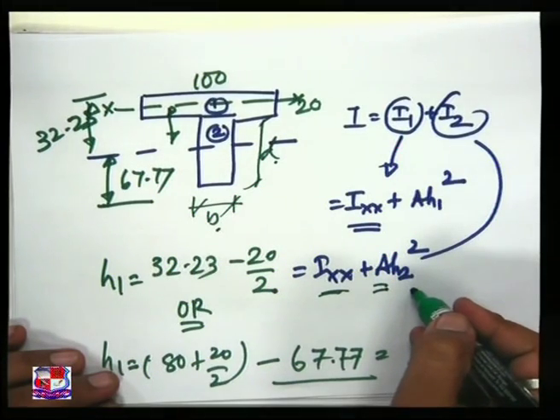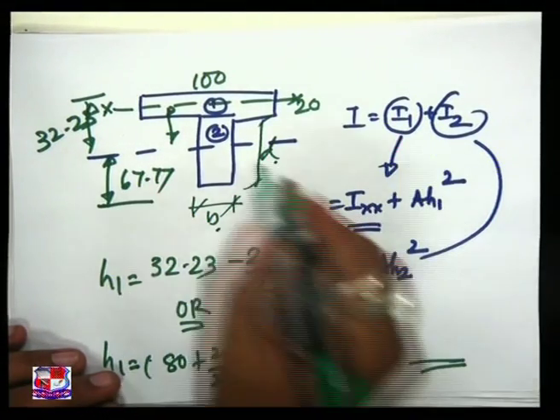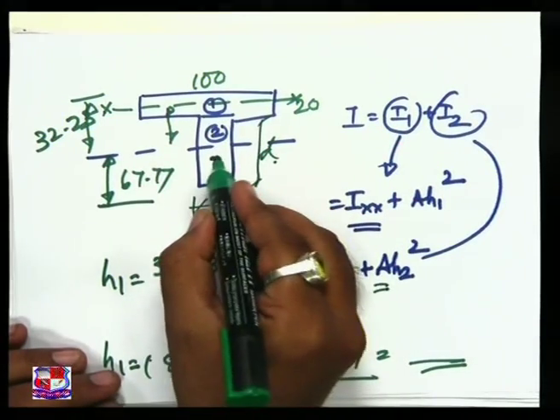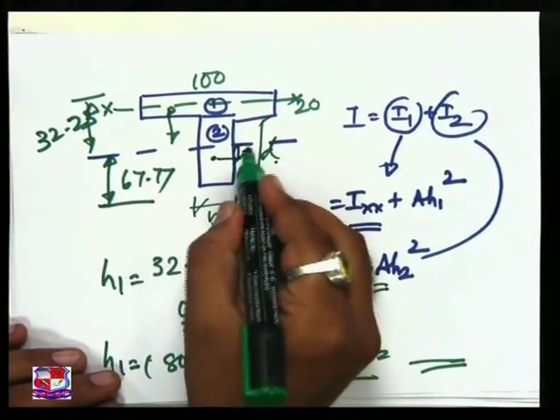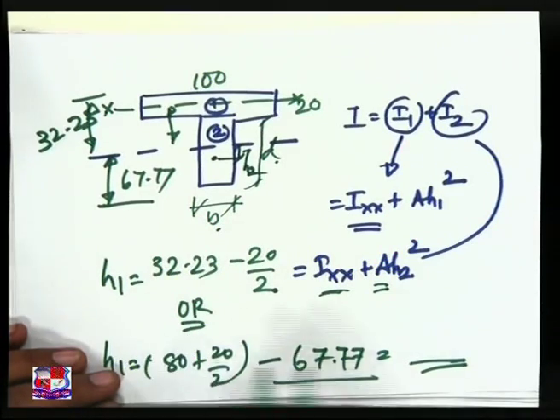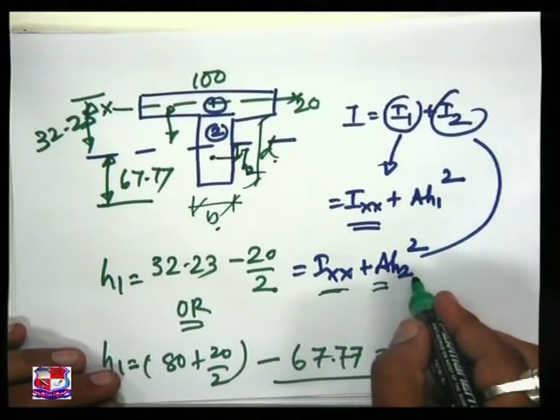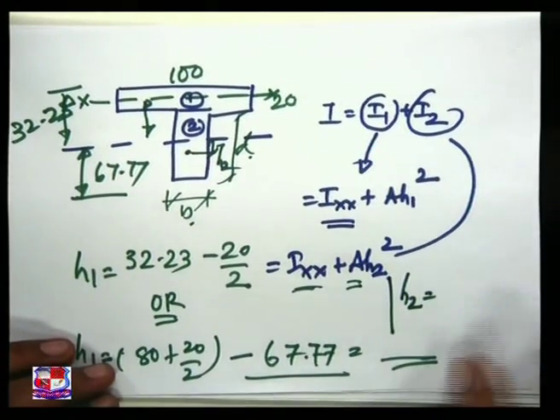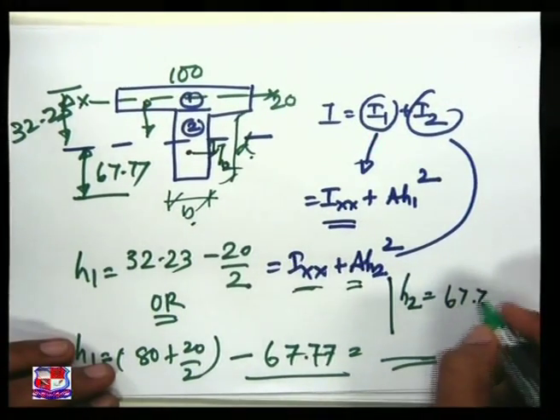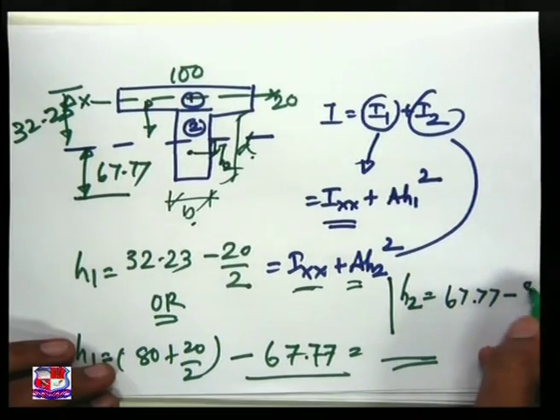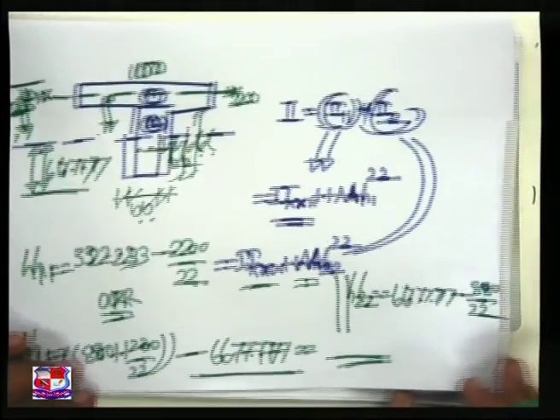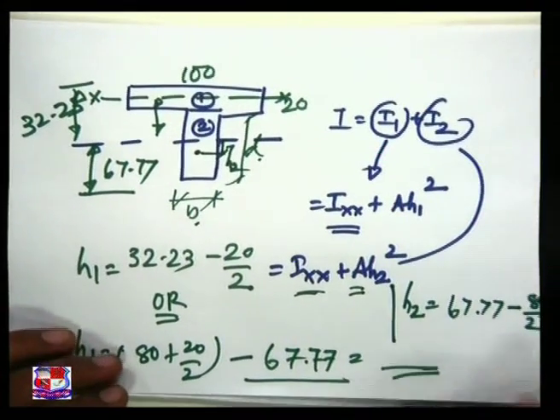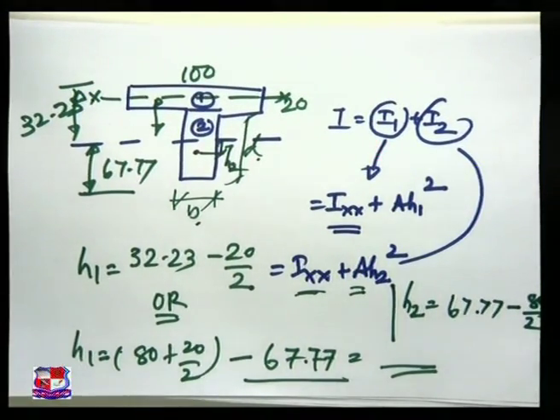H2 square. H2 is the distance between the CG of the second part and the neutral axis. How to find out H2? H2 is equal to 67.77 minus 80 by 2, that is 40. This is my H2. So if we are referring to the same thing on this PPT,